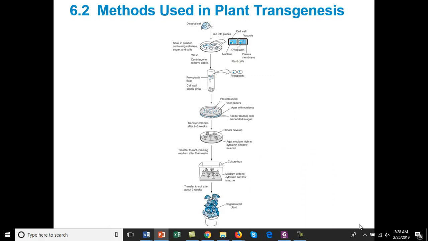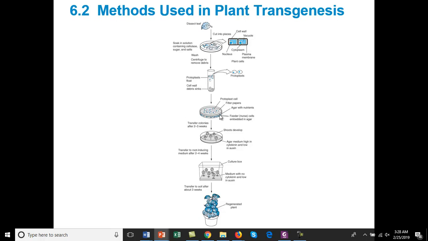When you do a protoplast fusion, oh, this is really small. I'm so sorry. But when you do a protoplast fusion, you take a leaf and you cut it into pieces. You dissolve it with cellulase, and the cellulase will get rid of the cell wall. Then you centrifuge this to get rid of the debris, and the protoplasts without the cell wall will float. The cells that still have a cell wall will sink. So you recover these,